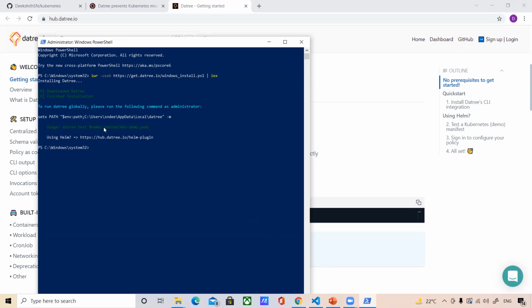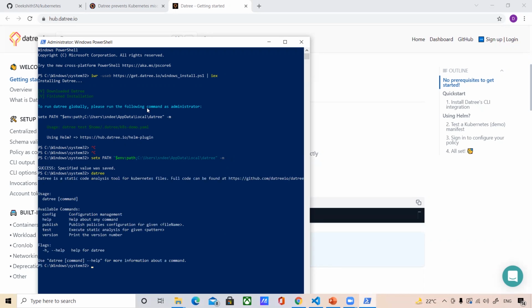Also, as you can see on the screen, you need to run this particular command to set a path variable, and it should be run as an administrator. As I have already run this PowerShell window as administrator, I can copy and execute this command. Once this is done, to verify whether Datree installed successfully, you can just type in datree and you'll be able to see different options in the datree command.